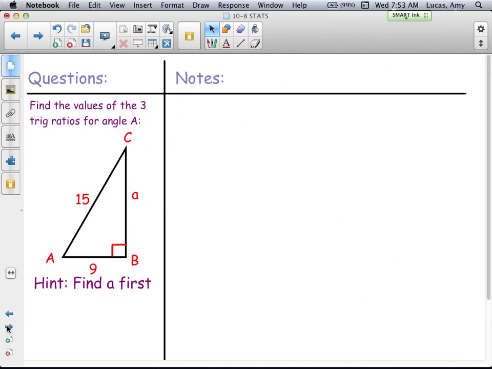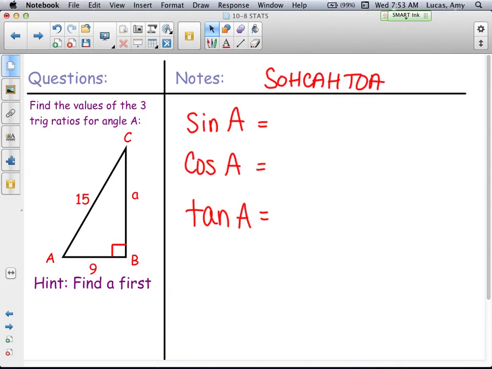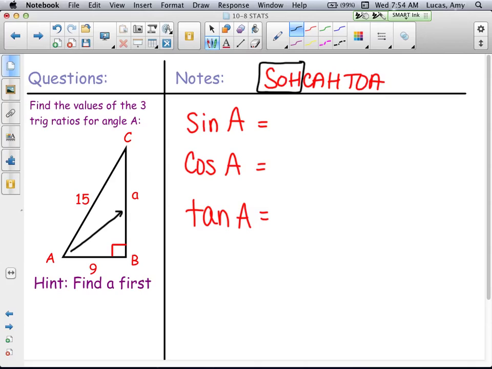Okay, so find the values of the three trig ratios for angle A. So sine A, cosine A, and tangent A. Okay, so the sine is the opposite over hypotenuse. So starting with angle A, I need opposite over hypotenuse. So, it says hint, find A first. Well, if we know two of the sides,